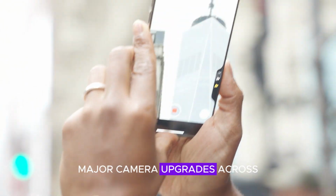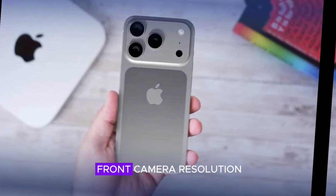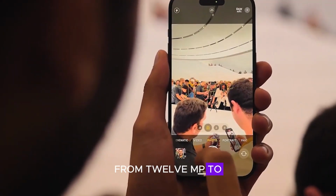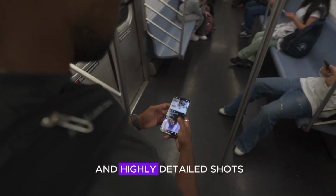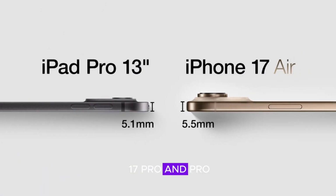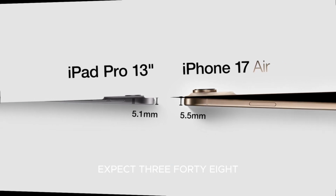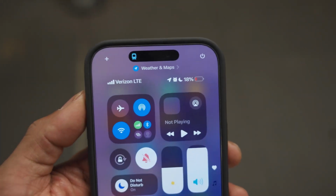Major camera upgrades across all iPhone 17 models. Apple is doubling the front camera resolution from 12MP to 24MP, promising crisper selfies, better low-light performance, and highly detailed shots. For the iPhone 17 Pro and Pro Max models, expect three 48MP cameras, including a Fusion Lens main sensor,